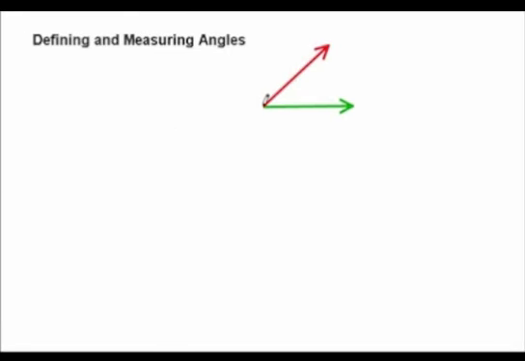The definition is technically two rays that have a common endpoint form this thing called an angle. And if it opens in this direction, it's called positive. If it opens up in the other direction, it's considered negative. So what I want to do is put it in a normal situation for us. We're going to put it in a coordinate axis,